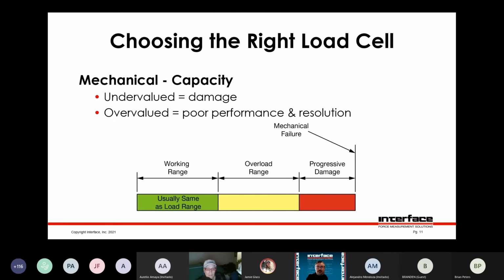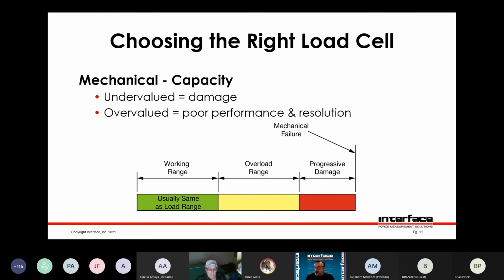Talk about capacity. That's usually the first thing that people talk about when they say they want a load cell. Usually people have a pretty good idea of what load cell they might need if it's 100 pounds or 10,000 pounds. You have to be careful though, because you have to survive any accidental damage or any sort of strange behavior in the system. So say an actuator locks up or something happens unexpected, you want to be able to survive it. So you have to pick a load cell that's high enough capacity to survive everything that it might see.